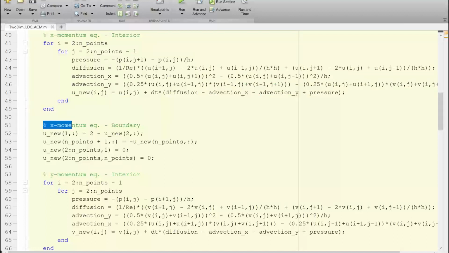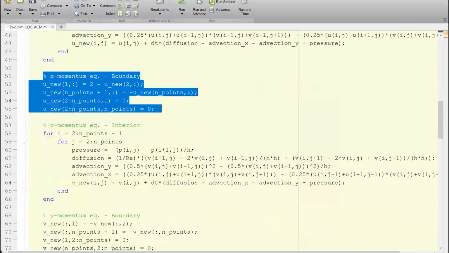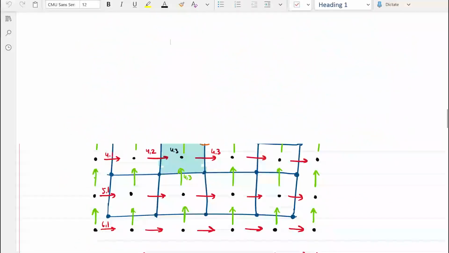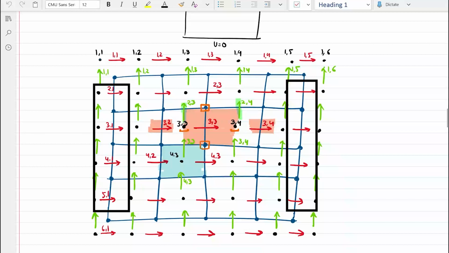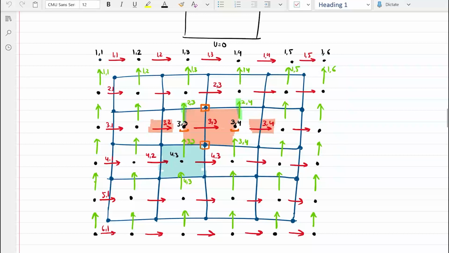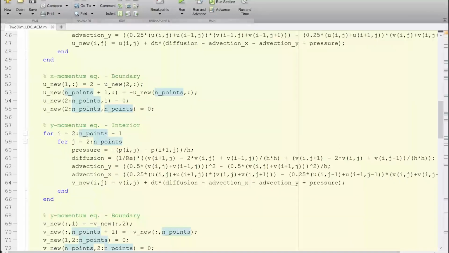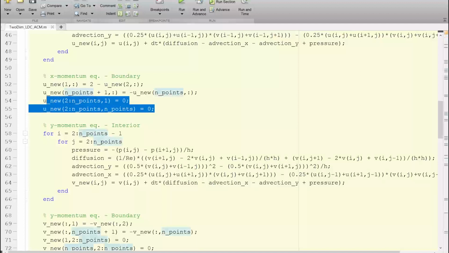If you remember, in the last lecture we also discussed the boundary conditions, so I'll emphasize it here again. For the boundary condition, we saw that the first column and the last column, from the second to the second last row, that is from the second to the fifth row, or the second to the endpoints row, are equal to 0, because the boundary velocity is 0. I'm doing the same here. From 2 to endpoints in row, the first column is equal to 0, and from 2 to endpoints the last, that is the endpoint column, is also equal to 0.